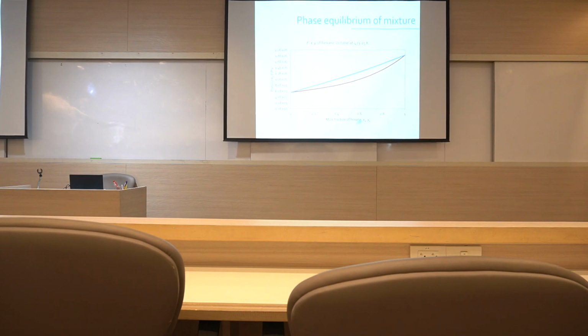So X is the mole fraction of hexane in the liquid phase, Y is the mole fraction of hexane in the vapor phase. Normally we use this set of symbols, right? So X for the liquid phase, Y for the vapor phase, okay? And from this diagram, we see that there are three regions. The top region is